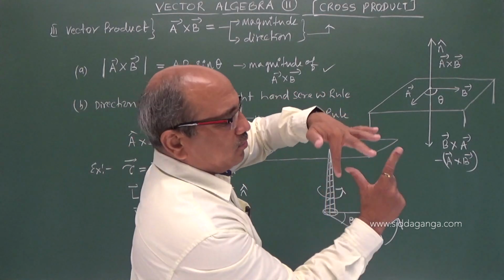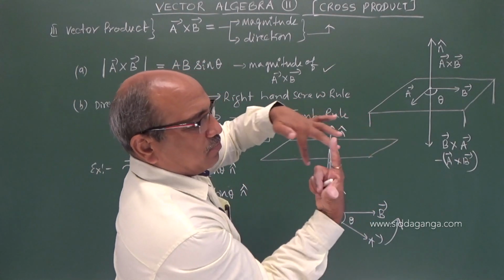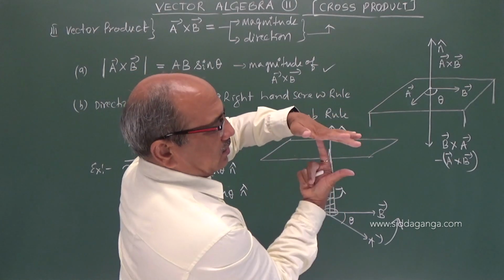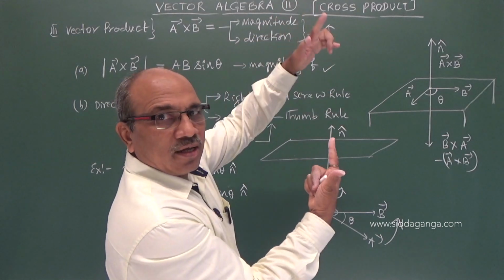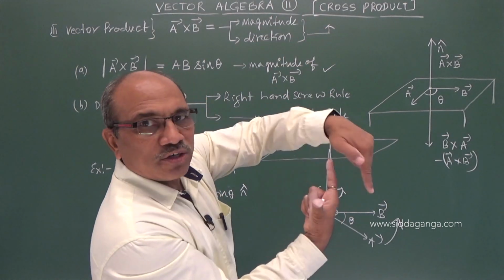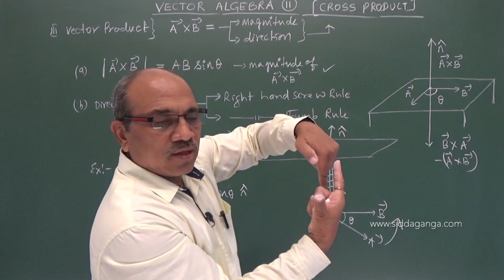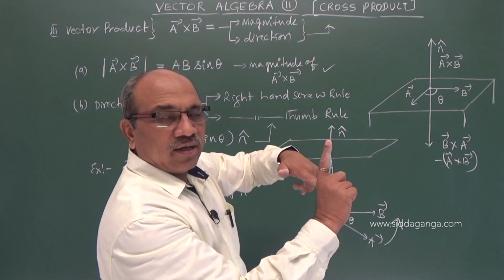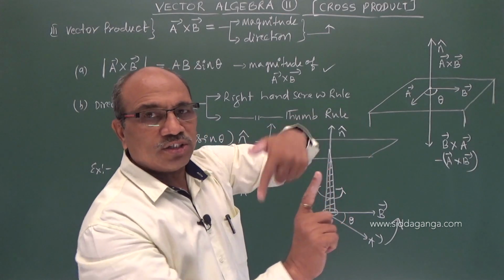See, this is the plane in which my thumb is moving, perpendicular to the forefinger. A to B means I am turning like this. The tip is moving vertically, but the thumb is moving in the horizontal plane, anti-clockwise. If I turn clockwise, it is coming down, but it is still the vertical plane, while the thumb is moving in the horizontal plane.